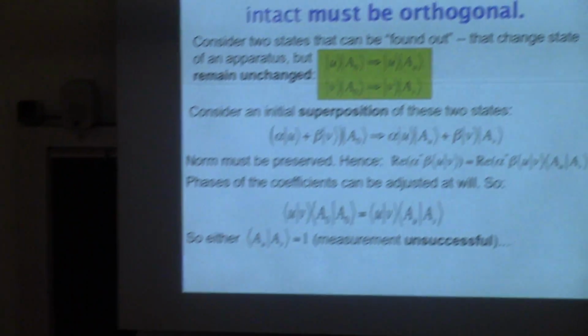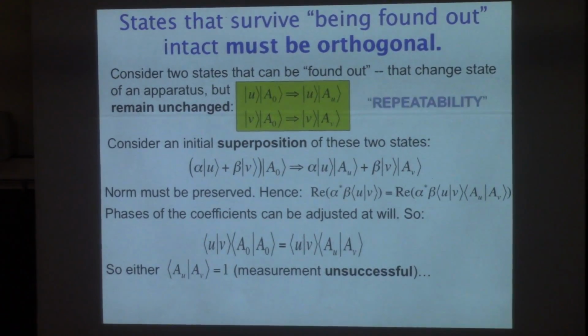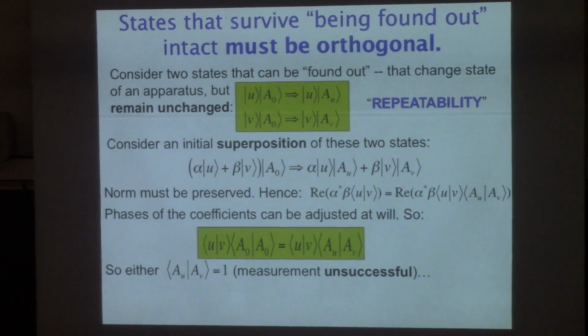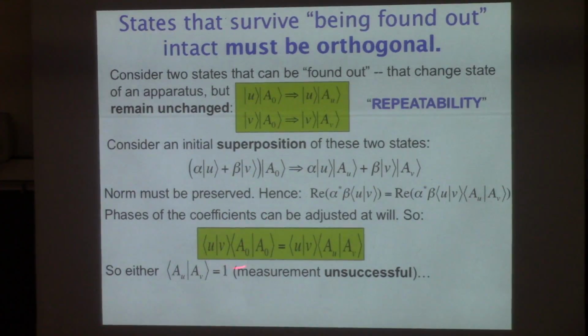Okay. So, if you have this, and if this was unitary, then you can write down scalar products of left-hand sides and right-hand sides. Right? This is an obvious equation. Now, if you have that equation, you see there is a common factor, U scalar product with V, on both sides. The temptation is to simplify the equation. So let's simplify the equation.